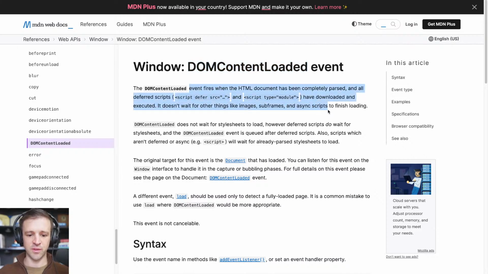This event fires when the HTML document has been completely parsed and all deferred scripts have downloaded and executed. It doesn't wait for other things like images, subframes, and async scripts to finish loading. I may have said that we're going to wait for our images to load, but this is important to know that the images don't finish loading. So if your script actually does stuff with images, then you may need to wait for an even later event,